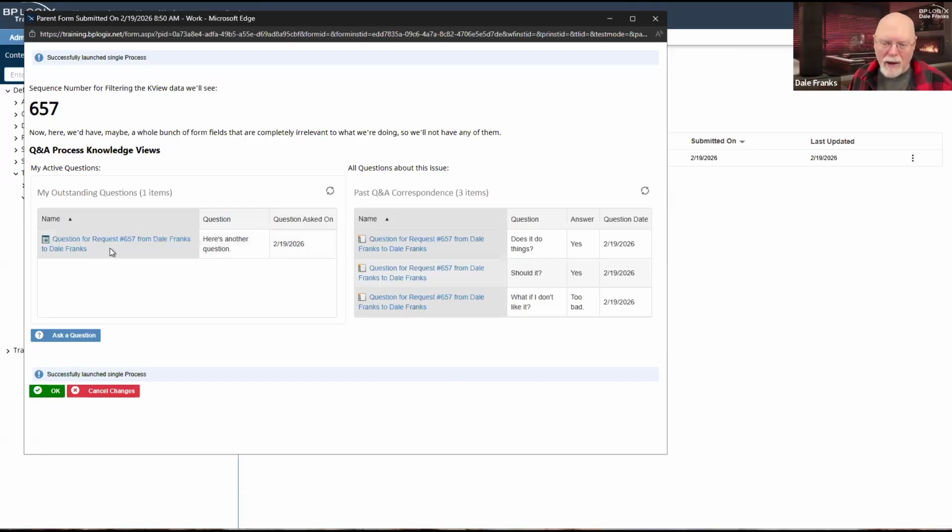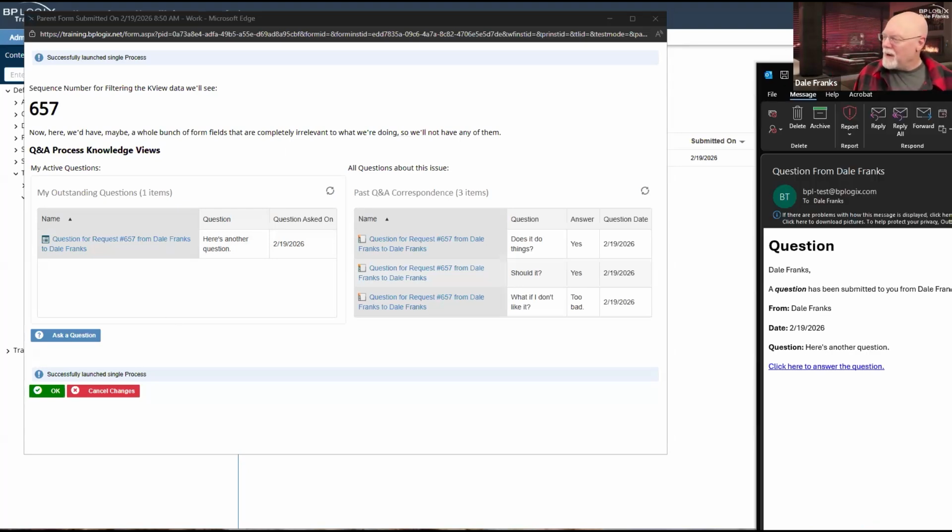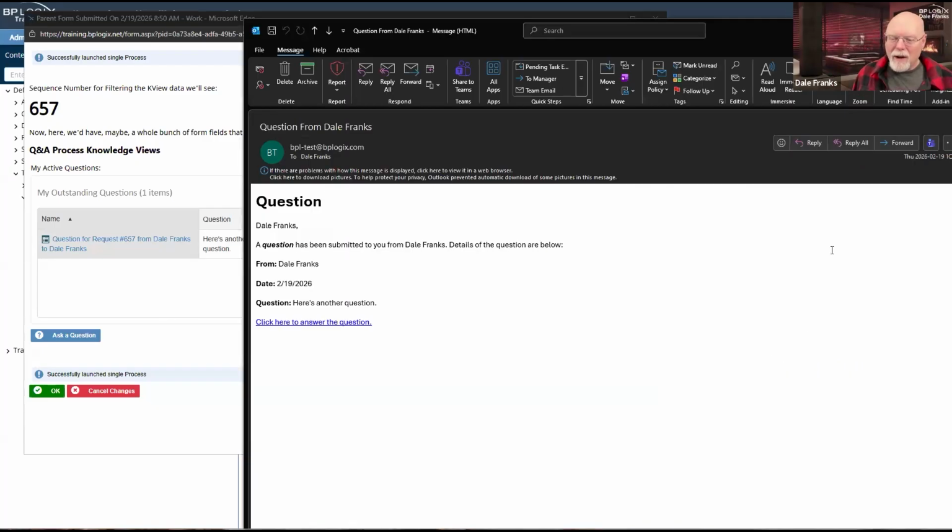And so at some point, I'm going to either have to click on the link in the email notification I receive, which I didn't actually show you, but since we're here, I might as well turn to Outlook. Well, I don't actually know if it'll send me an email. Now that I think about it, I may have turned those emails off. Did I? It appears that I did not. So here is my email notification.